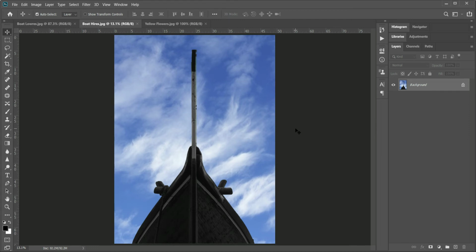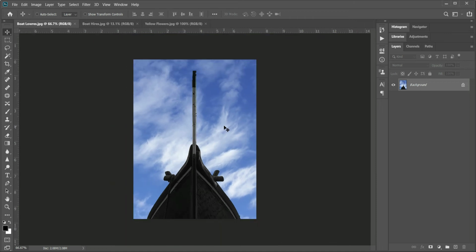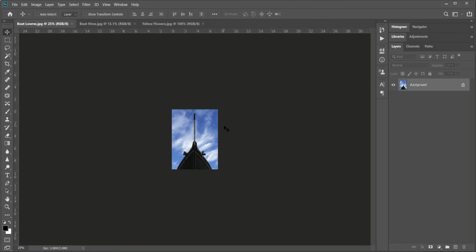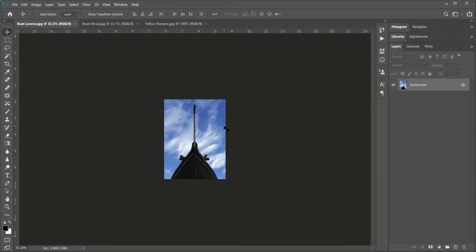These are the keyboard shortcuts I would like you to memorize and practice so that it becomes second nature. This is very important for your ease of operation and I cannot emphasize its importance any further. Hold the Control key, Command for Mac, and tap the minus key. The image unzooms and decreases, like from 100%, 66.7%, 50%, 33%, 25%, and so on.